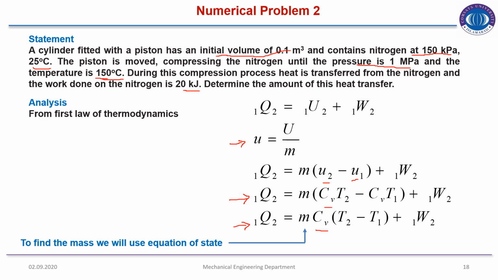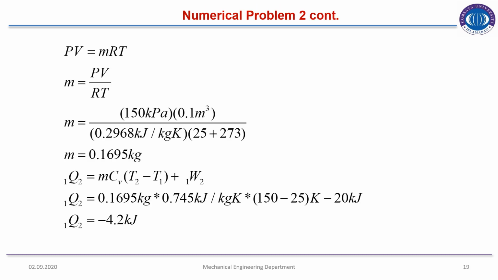Now to find the mass we will use the equation of state. We have to find the mass, so we know that from the equation of state PV is equal to mRT. We will take the mass on one side and all other variables on the right hand side. We know the value of pressure, volume, R and T. So